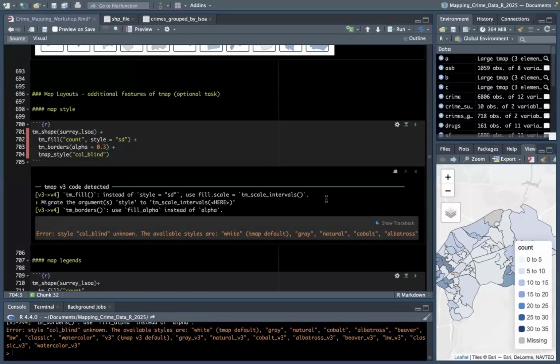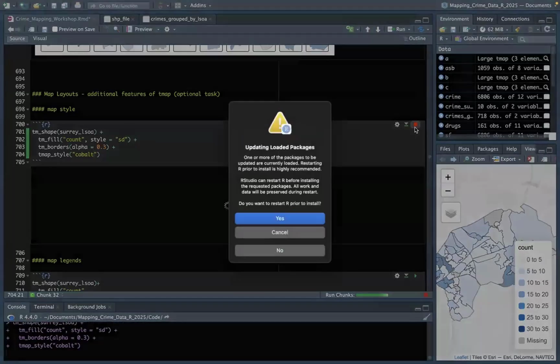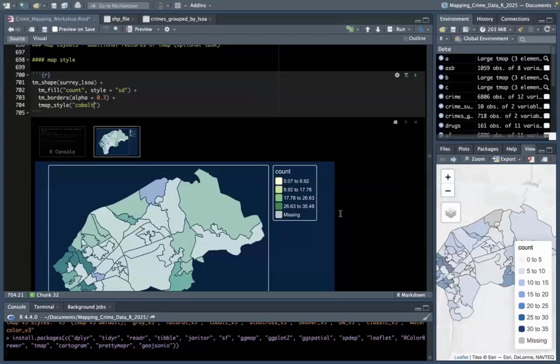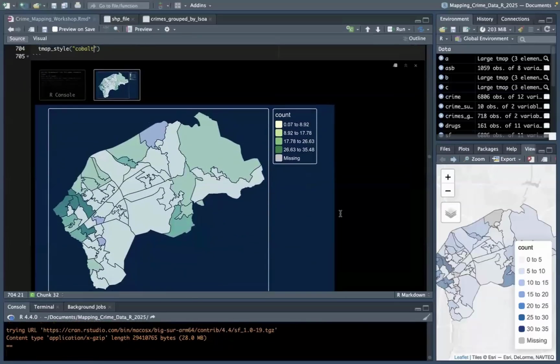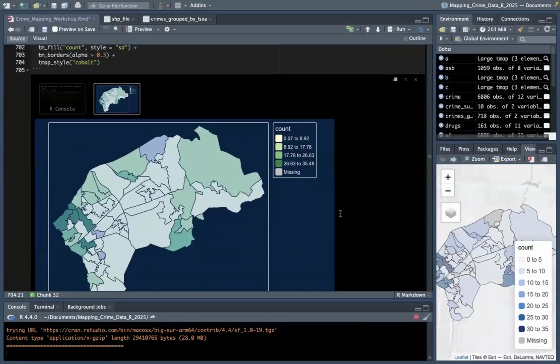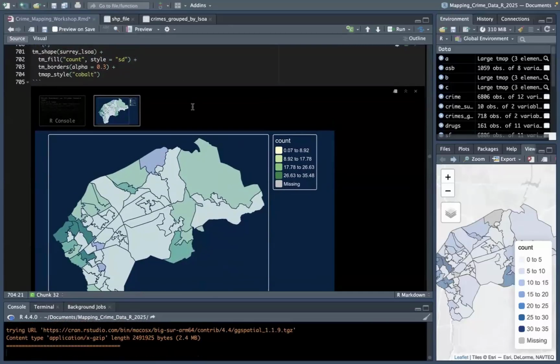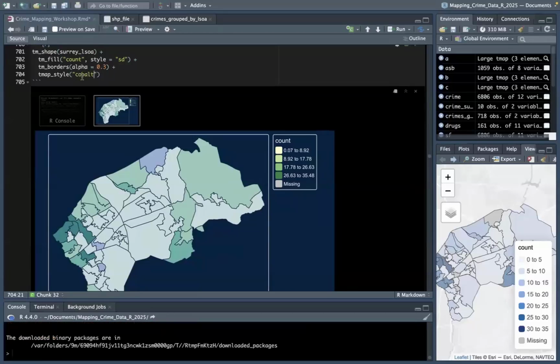Maybe I've got that wrong, but it's given us options for different color styles. So why don't we go ahead and try maybe the cobalt function and see what that looks like. Okay, yeah, so this is just letting you change the map style. I thought that would have been effective for the colorblind palette, but maybe I've spelt that wrong or put that in wrong. If anyone is familiar with what the correct style is for the colorblind palettes, just let me